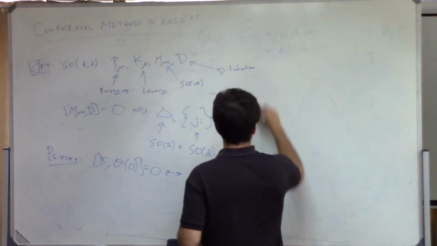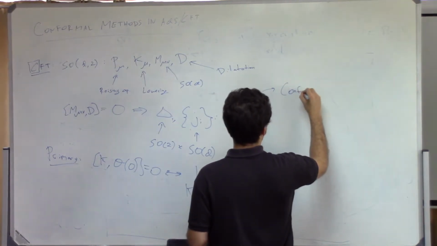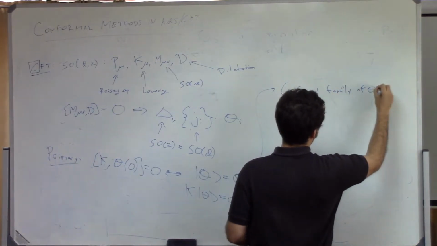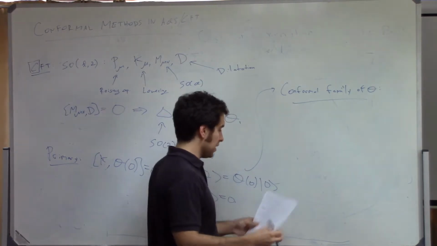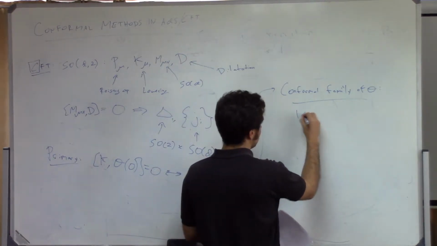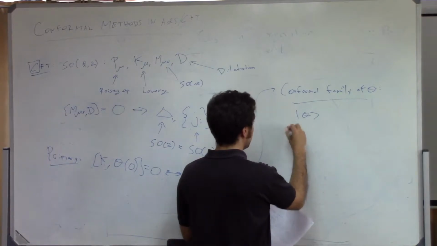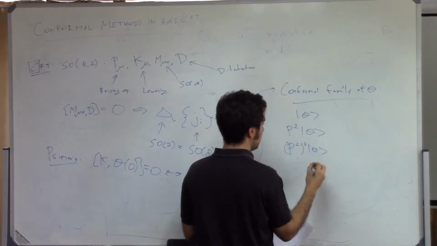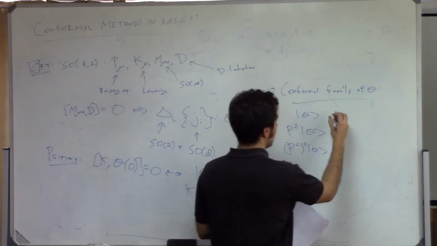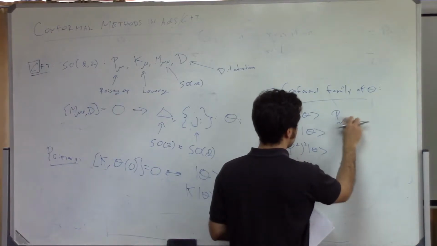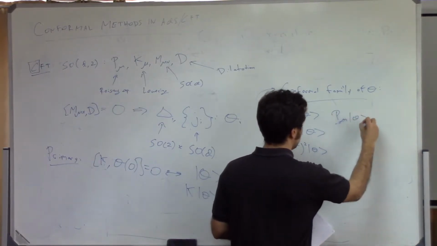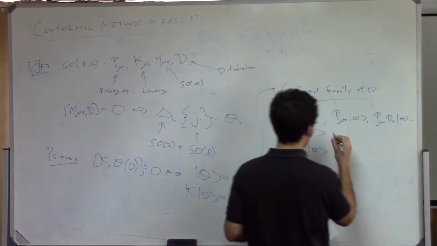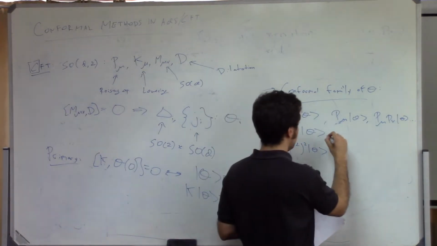Good. So the conformal family of O includes an infinite set of operators. So let me write this in terms of the states. I just like it better that way. We can organize it like this. We'll see why in a second, and then again in lecture 3. So we can act with P on O, multiple P's. And then we can also act with P squareds by contracting the indices. Right? So